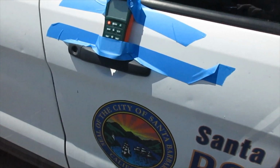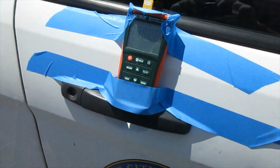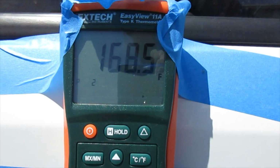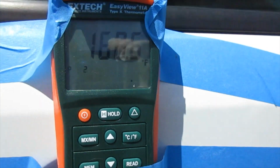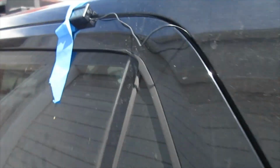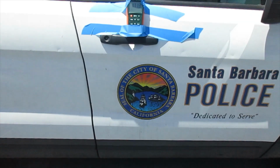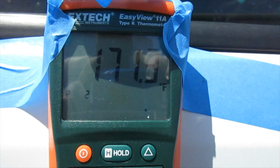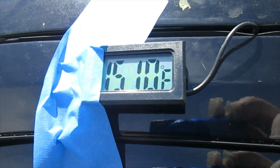We're at an hour right now. Oh, the thermometer turned off. Let me turn it back on. And we are at 168.56, 149.5 in the rear. And on this side, we're showing 152.8. We just went over an hour and 6 minutes, and you can see we're at 171 up front. We're showing 151 here,